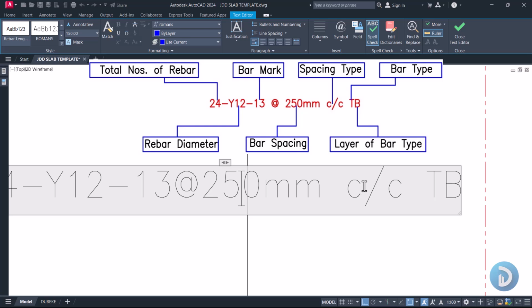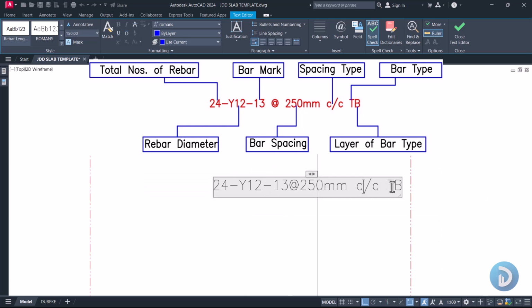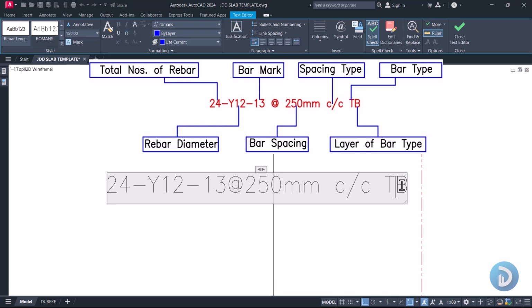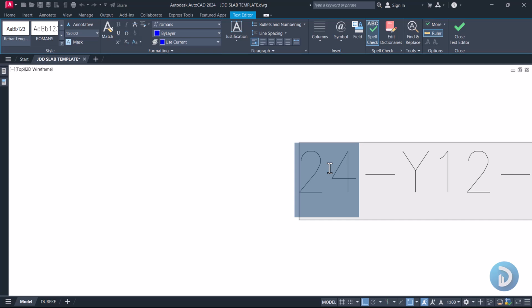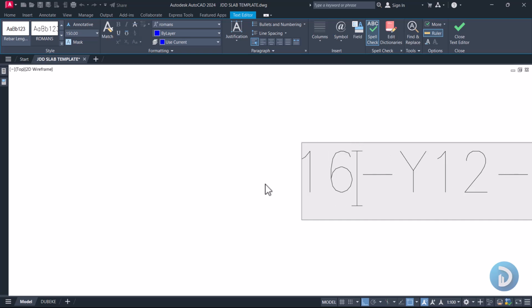Then this is the arrangement of our reinforcement, which is what? Center to center, or it can be end to end. Okay, this last annotation here is actually talking about the layer of your reinforcement. Is it at the bottom layer, or is it at the bottom top layer? So for the first one here, we have 16, so this will be 16 numbers of